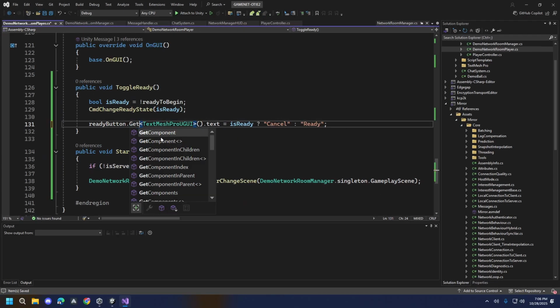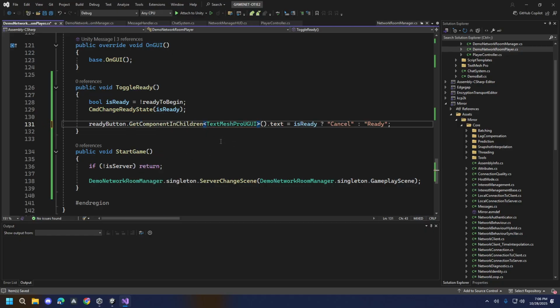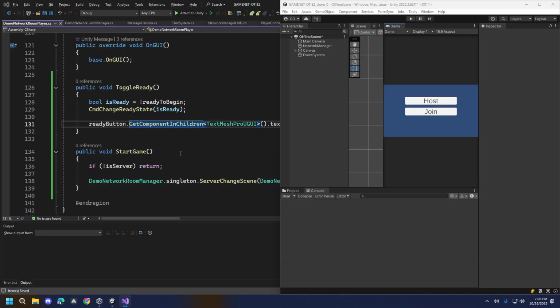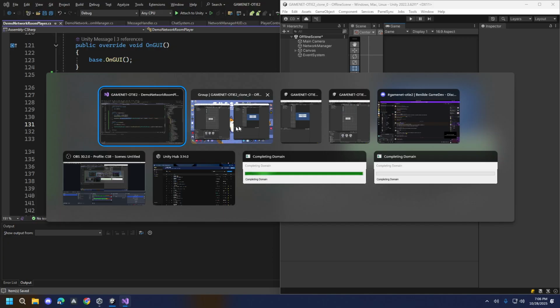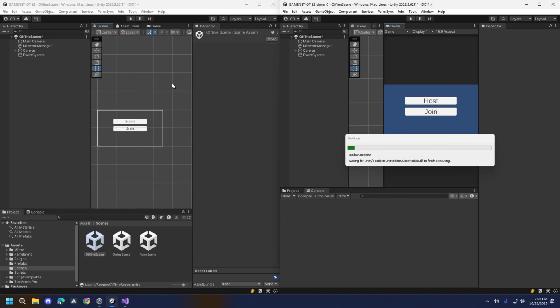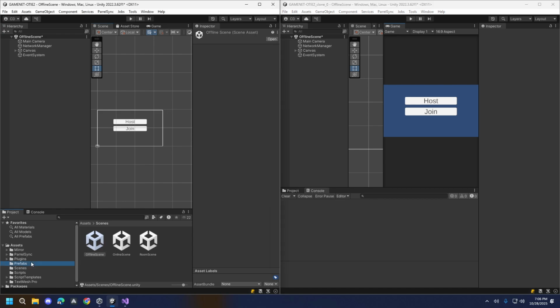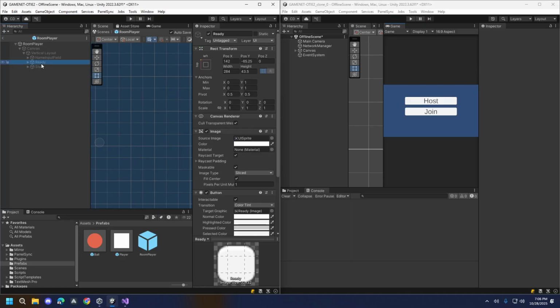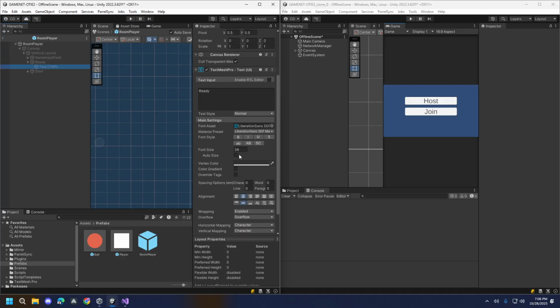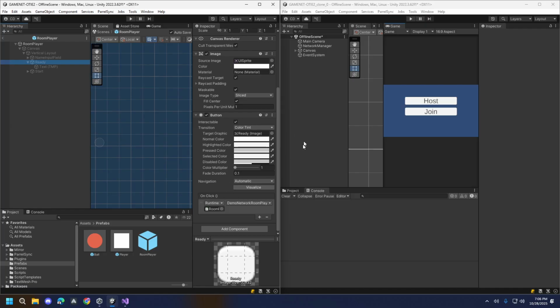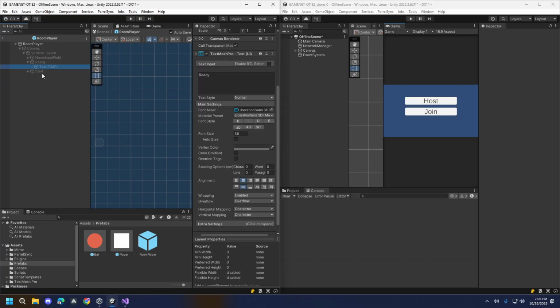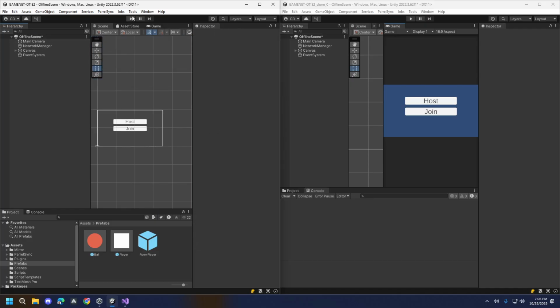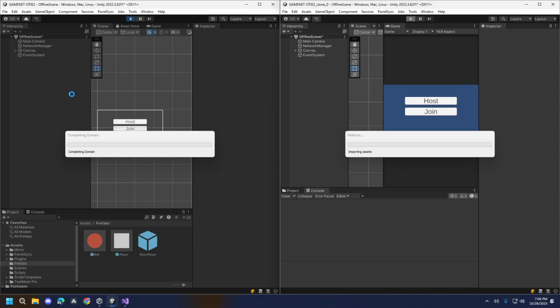Get component in children. Why in children? If you remember our button, our button here in ready, it's in the child in text because you can't really change the text here. You have to go through the child, the text here, and then you have it here. Right? So let's play